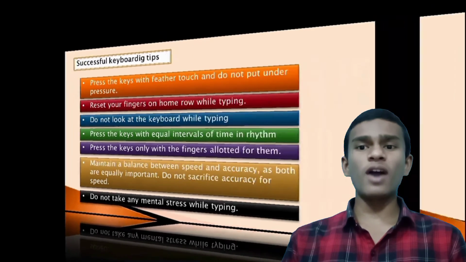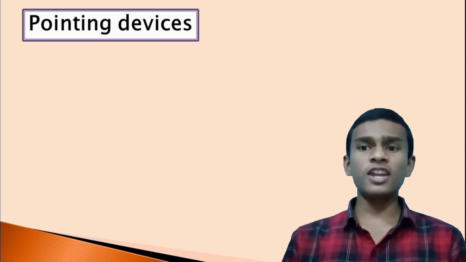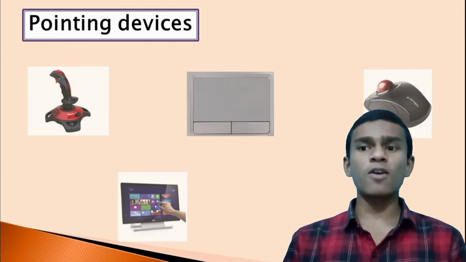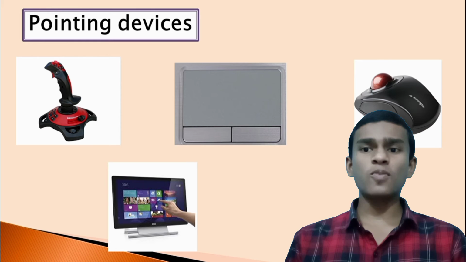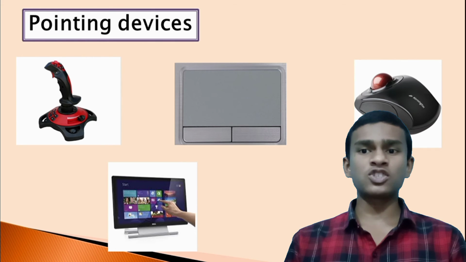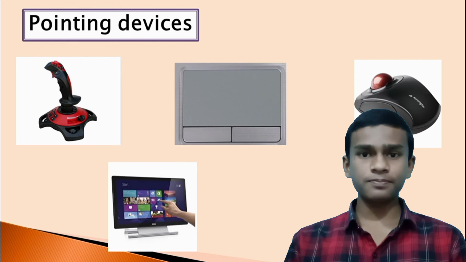Next are pointing devices. Instead of typing directly, some items can be selected from the computer screen, for example, a print or close button. This can be done using point and draw devices such as the mouse. Not only selecting but drawing of lines and curved shapes is also possible with such devices. Other examples of point and draw devices are joystick, light pen, touchpad or trackball, and touchscreen.